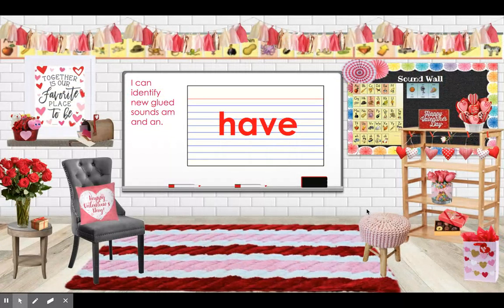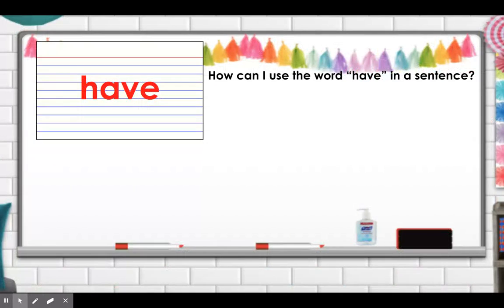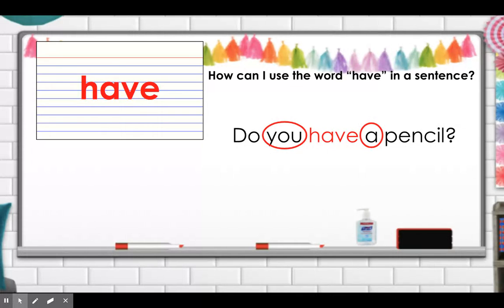The next word that we are learning this week is have. How can I use the word have in a sentence? Make sure you write have on your index card or your list of trick words. Do you have a pencil? Do you see any other trick words in this sentence? Good. You and